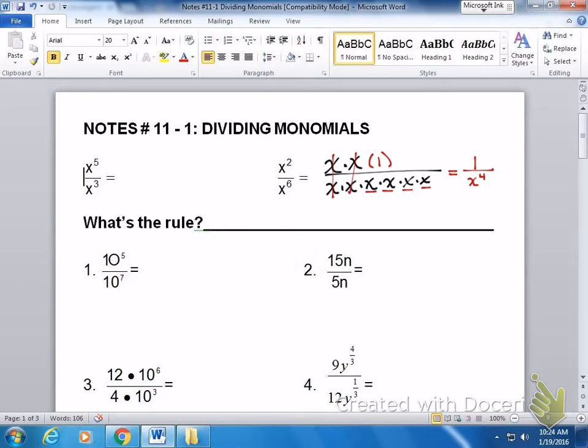Now, there is a rule we can use to where we don't have to write that all out. But if you're not comfortable with the rule, feel free to do it the way we just did it. What it says is when dividing,